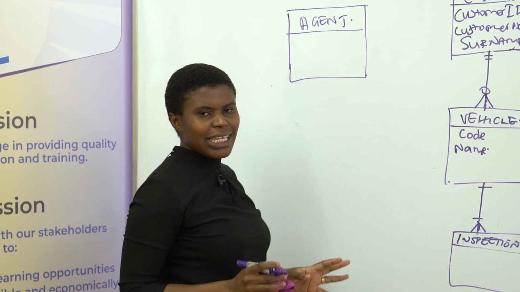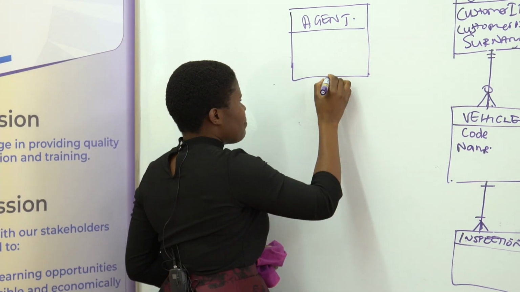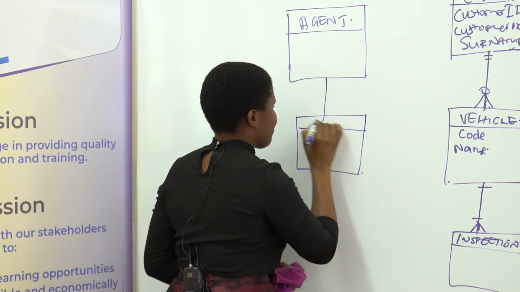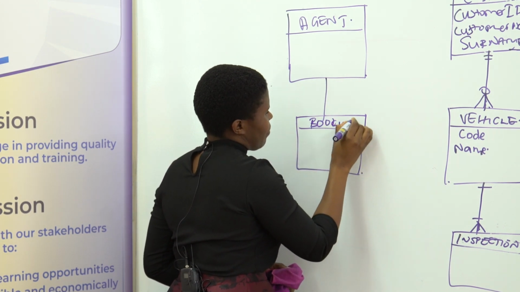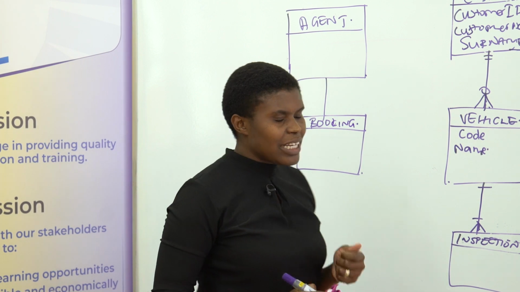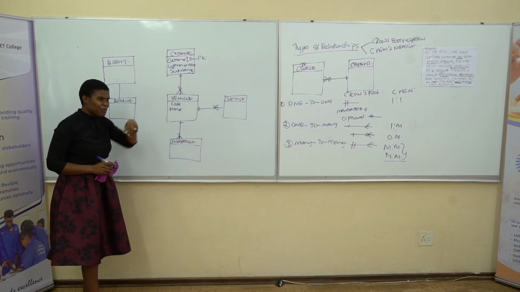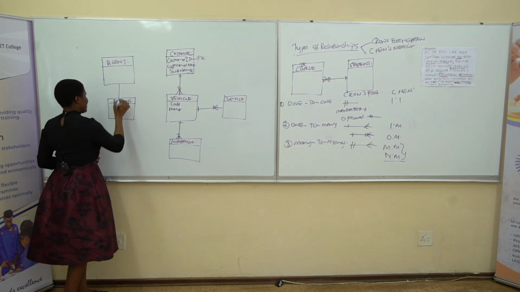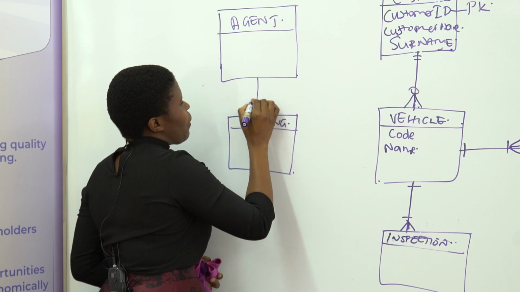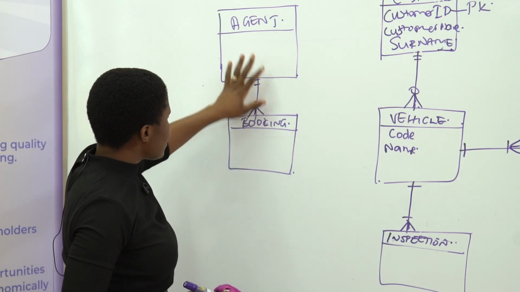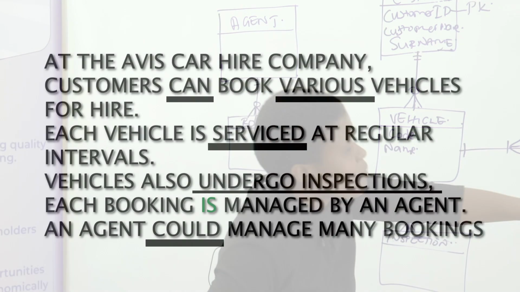What does an agent do? It makes a booking. And an agent can or cannot make a booking because a customer can or cannot book or hire a car. So this is also one to many. So what does the agent do? He can make bookings